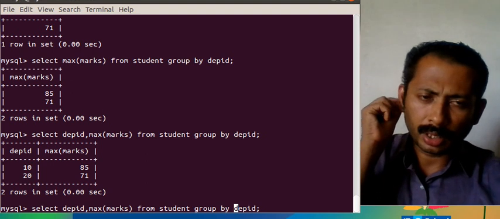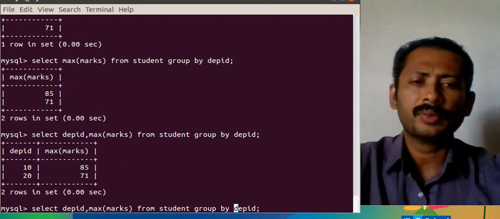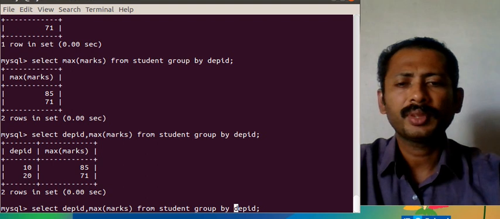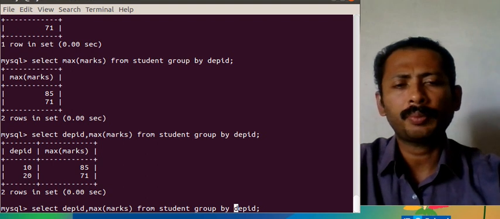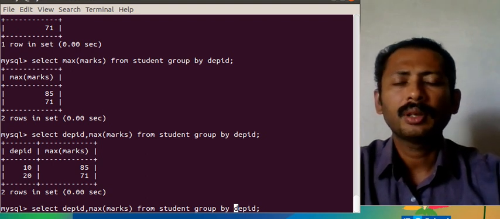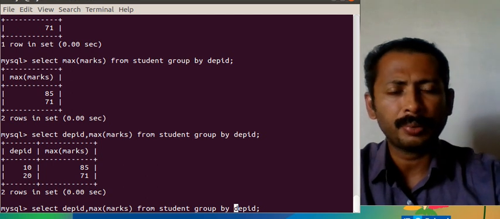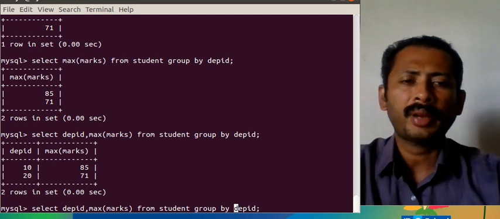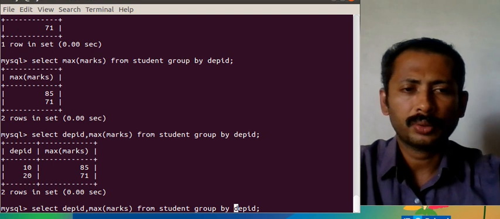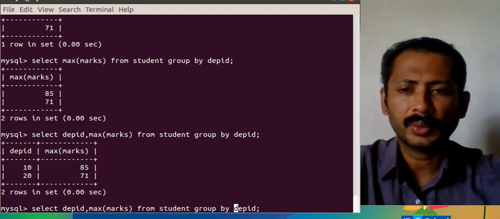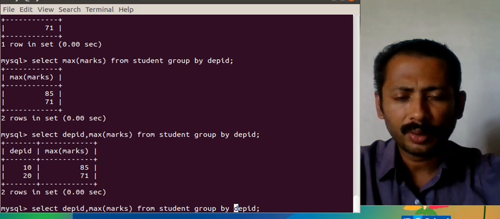All the records are grouped into different groups which have similar values in DEPID, an aggregate function is operated on that, and both the aggregate function result and the value in each group are shown. Here also we can give some condition.